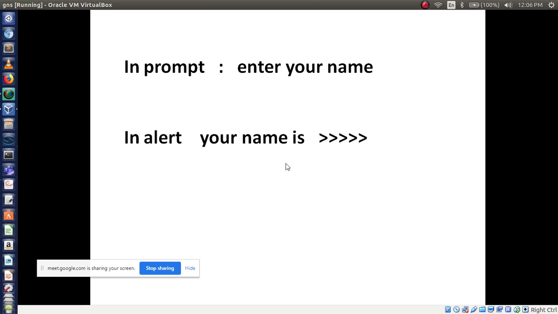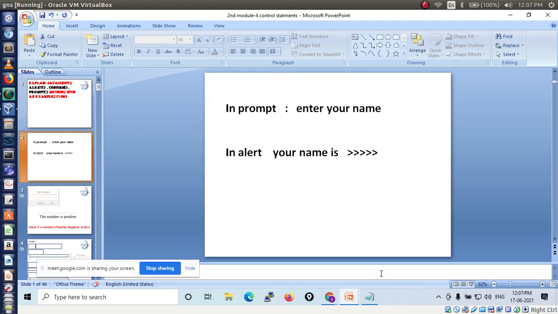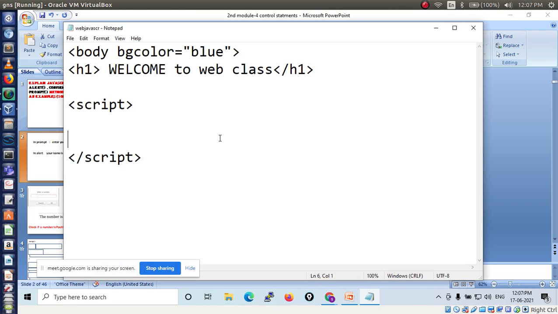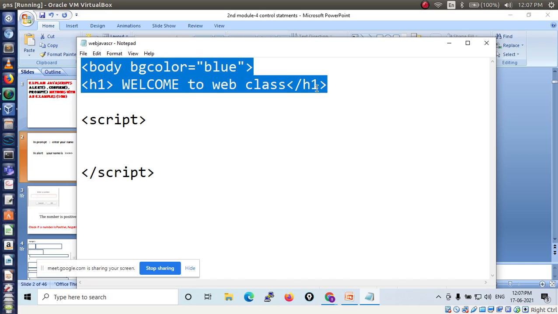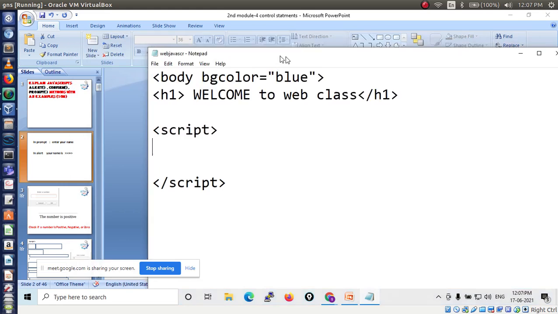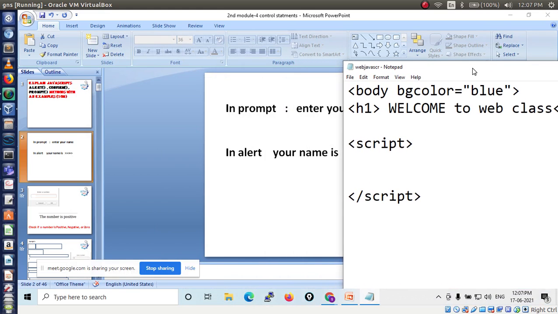Okay, now all of you see carefully. First you have to open one simple HTML file. Here you have to design a page like this using HTML tags. One is body and h1 I am using here, right? Now the task is using a prompt, enter your name.